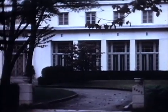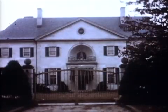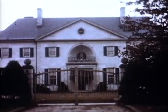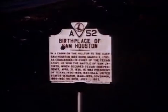And the Venezuelan Embassy on Massachusetts Avenue. And there's the Japanese Embassy. It was not too long afterward, when Pearl Harbor came, that this embassy had to be guarded against crowds that wanted to attack it. Here we are on our way to Texas,